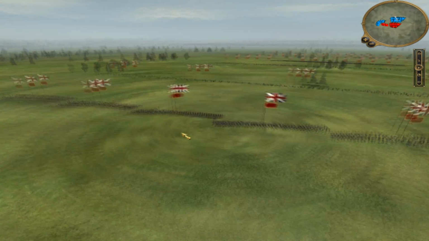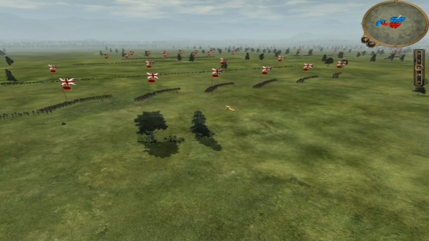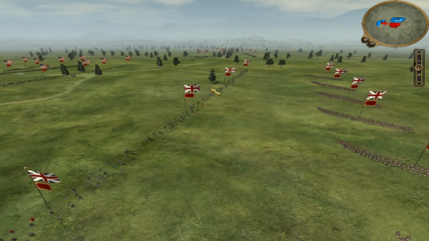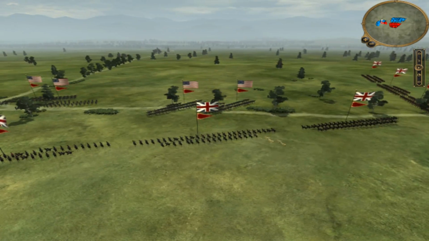Right, so this is actually before the downloadable content came out, so that's why there are none of the new DLC units in here. I've got 6 units of line infantry, 2 units of Rogers Rangers on my left. In front I've got 4 units of green jackets, and over here I'm employing my tactic that I've been using